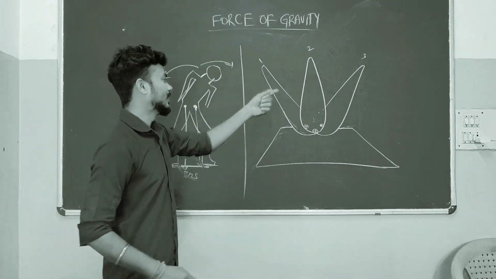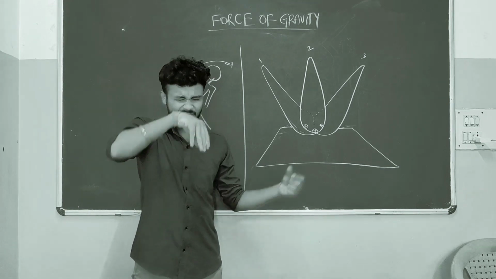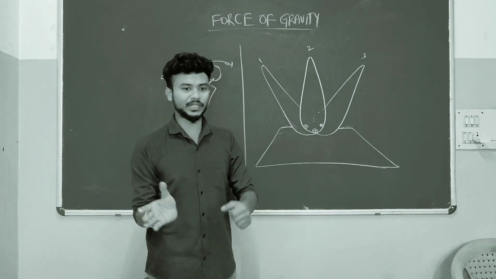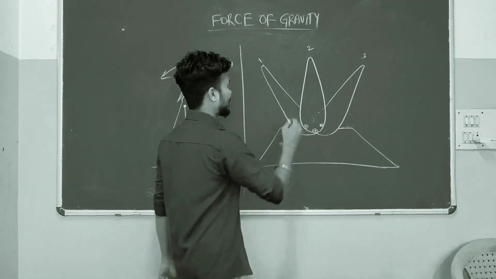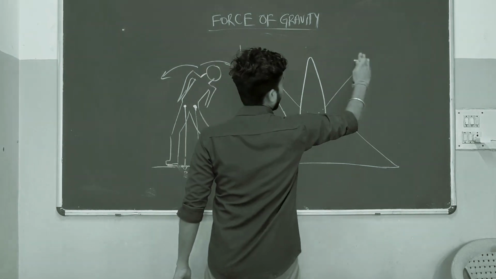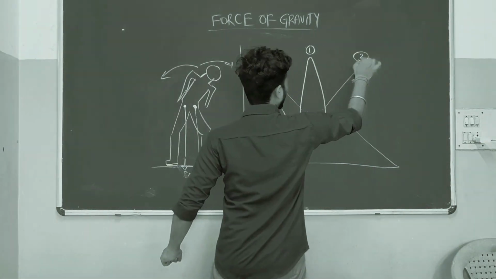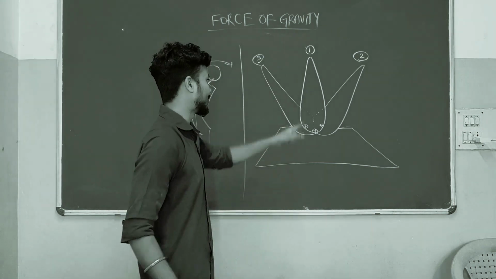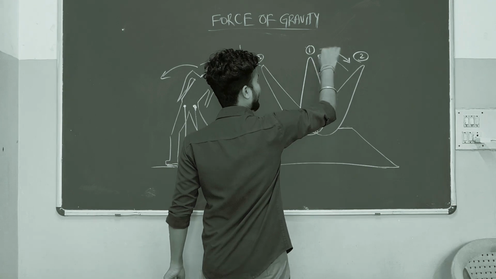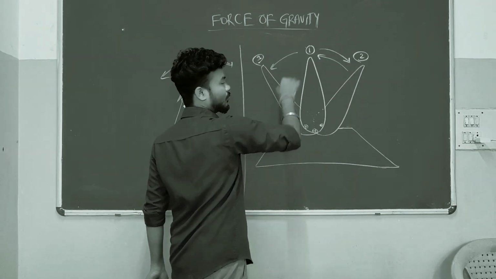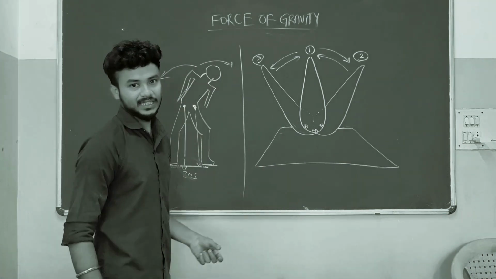Here is one more variation. This is a punching bag, like those in front of shopping malls that people play with. It will move like this, but again it will come back to the same place. This is position number 1, the normal position. This is position number 2, and this is position number 3. From here it can move in this direction and it can come back in this direction.